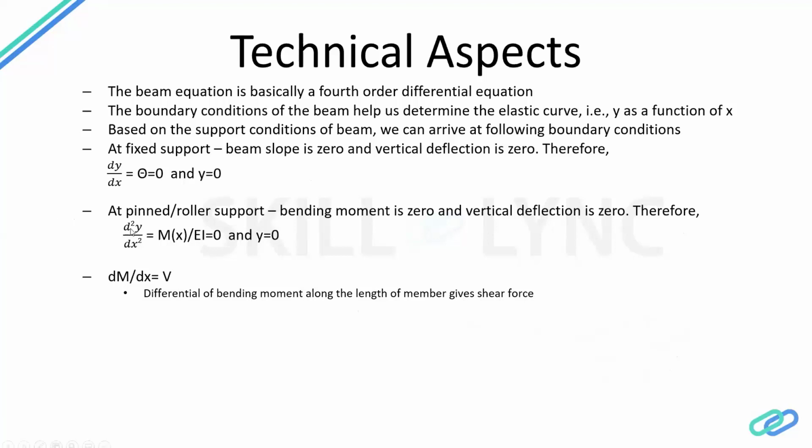So that's the reason the second derivative of the deflection with respect to x would be zero. Say the vertical deflection at that point is also zero, right? Because that's a support, a vertical translation locked kind of support. So over there, y would be zero, which is your vertical displacement.